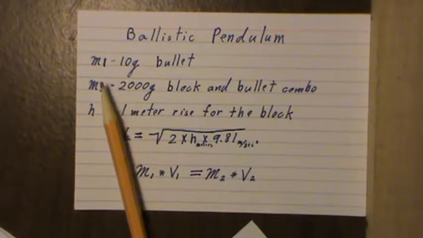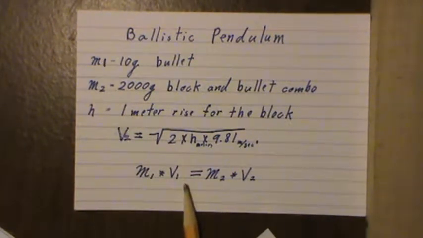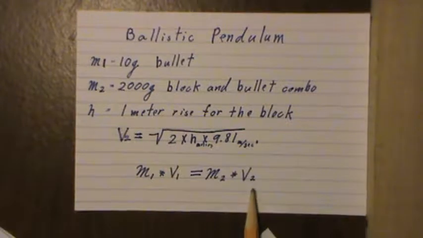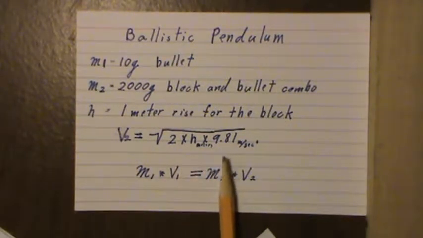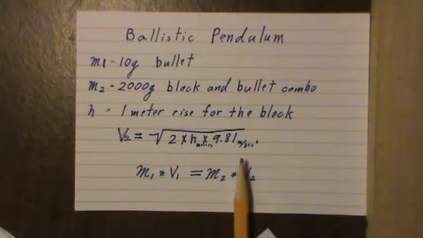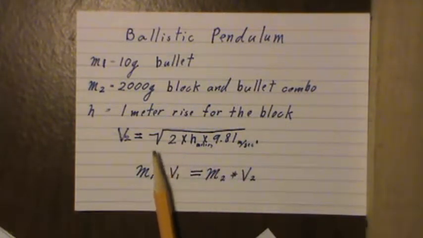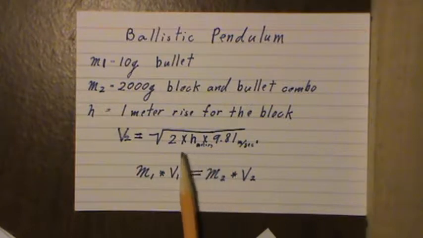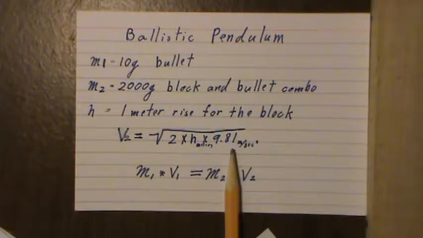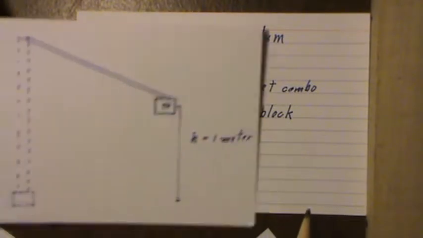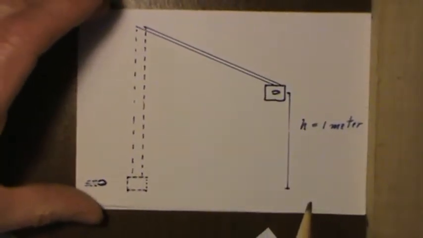This will give us two variables of the law of conservation of momentum formula. We can find the third variable, V2, by plugging in an arrangement from the distance formula. This is the distance formula with the height and the acceleration of gravity. The pendulum would look something like this,